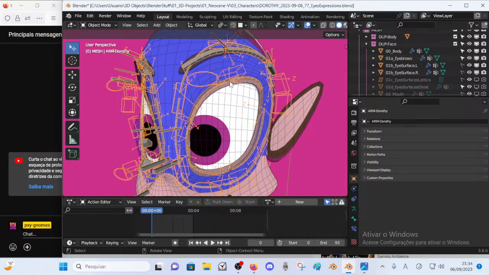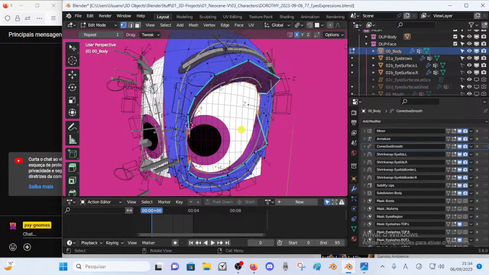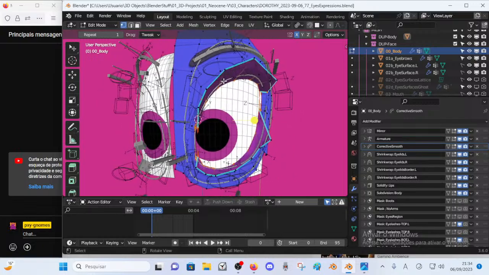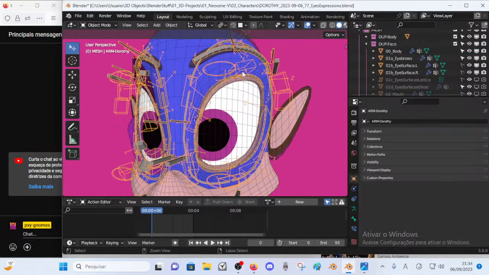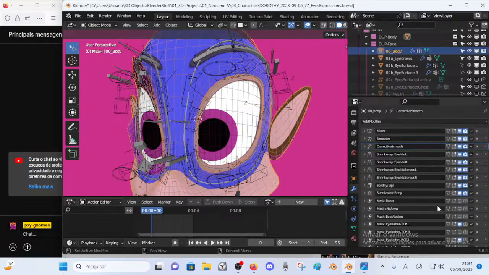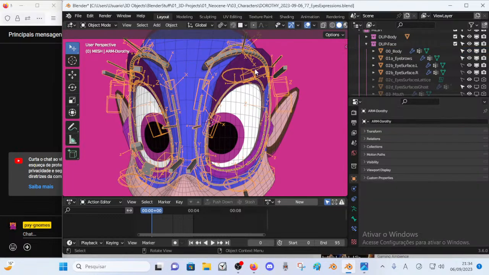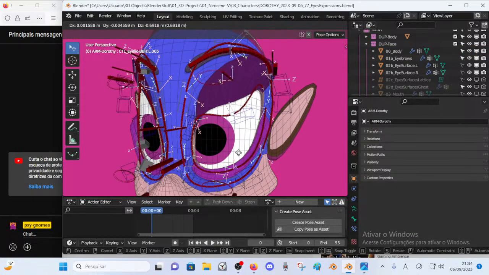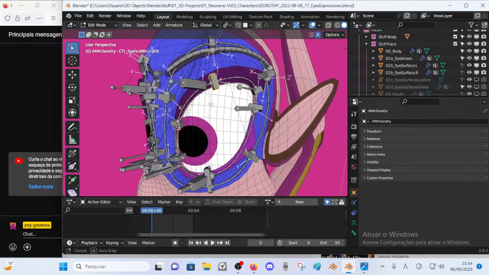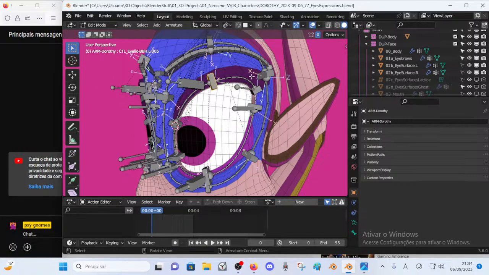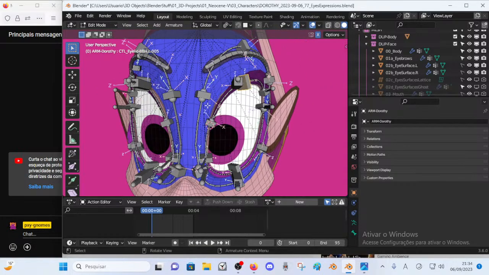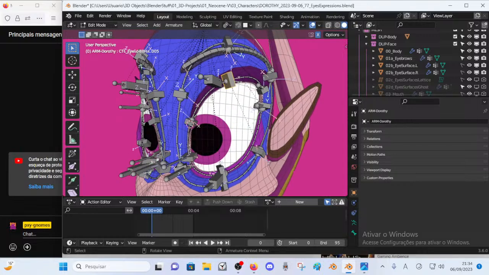So I have a job to do here, which is retaking these deformed eyelashes. So let's unhide. I've chosen to have the rest position of the eyelids mesh with the eyes open. There's advantage to that and disadvantage to that.